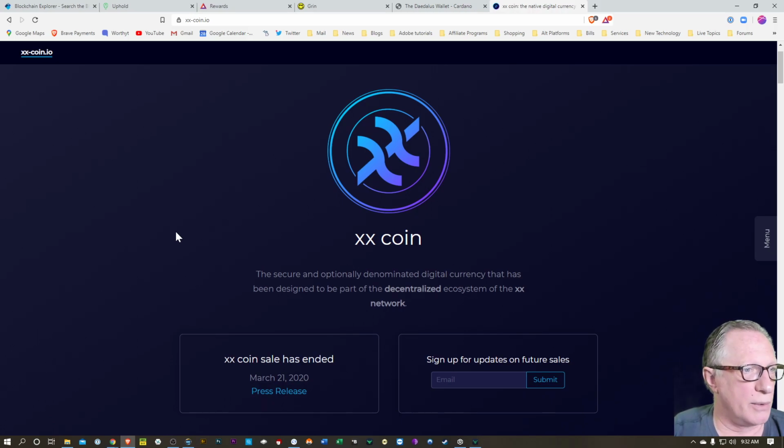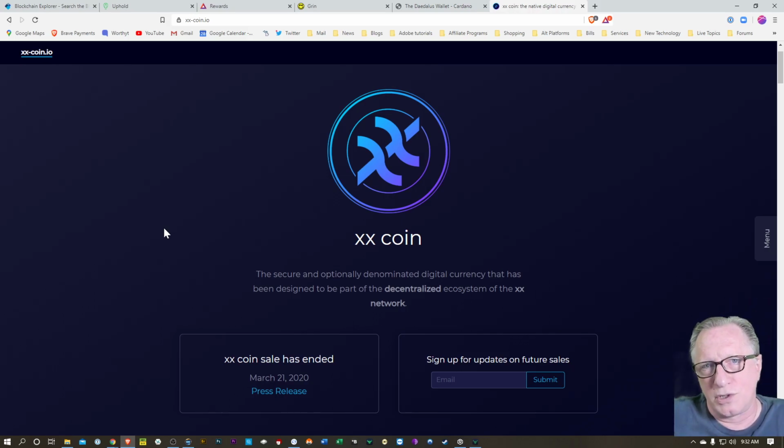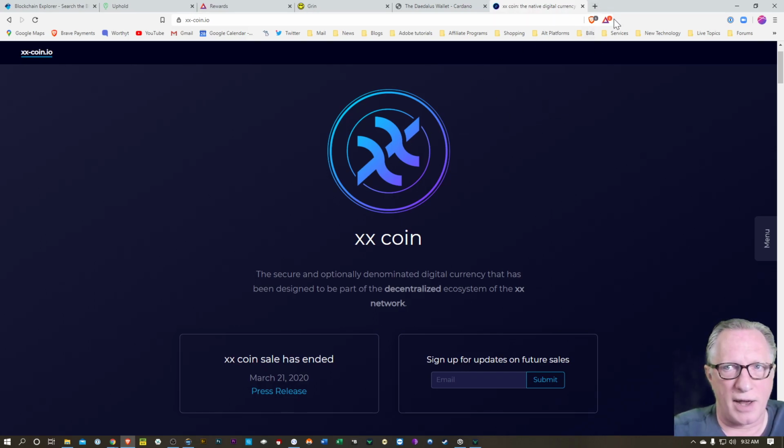So we've been talking about Bitcoin, which is pseudonymous, right? I can use a Bitcoin wallet and I don't need to give you my name and address in order to send and receive Bitcoin transactions. But those transactions can be traced. There are privacy coins out there that take the next step, where the information that is sent and received is encrypted so that there is privacy in the transactions. And then you can use Tor and other things like that to increase that security. So XX coin is a privacy-based coin.